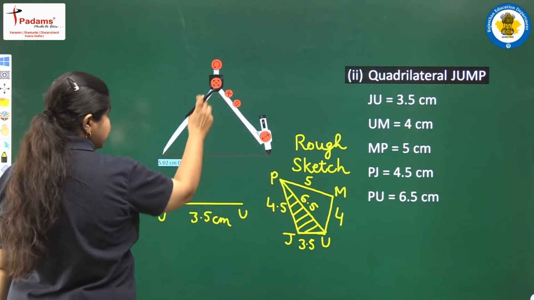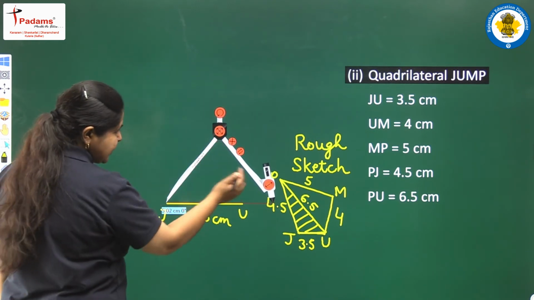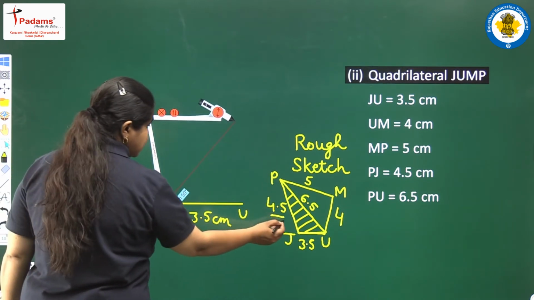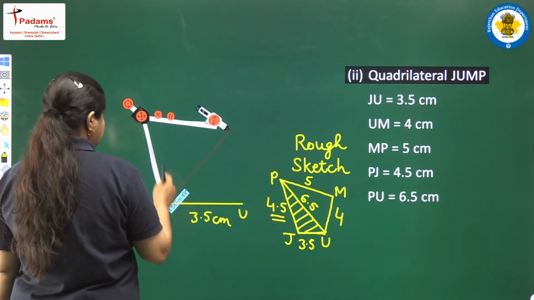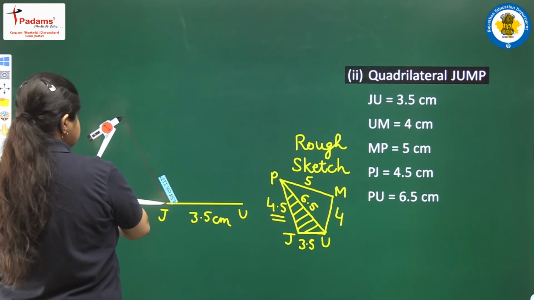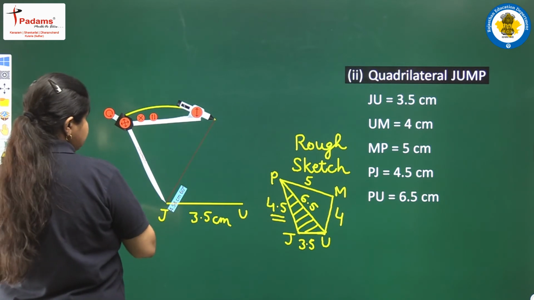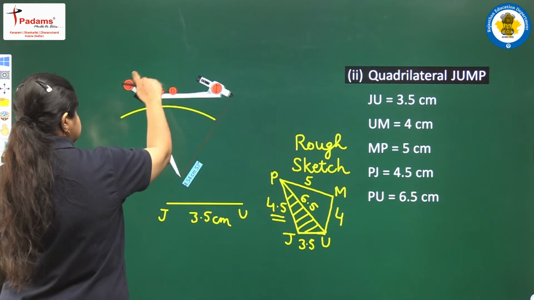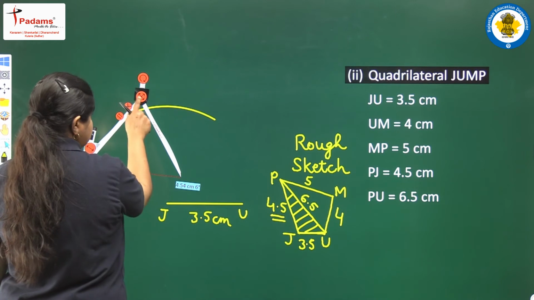with the help of which we will be drawing two arcs to get this point P. It should be 4.5 centimeters radius. So we need to bring it to 4.5, and here we have this one. We will draw this arc in this way, and then we just interchange the two faces, bring it to U.